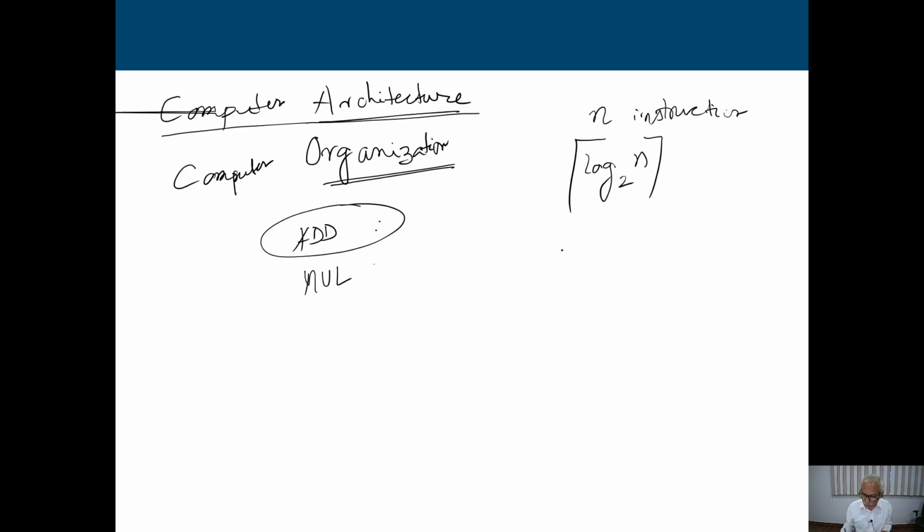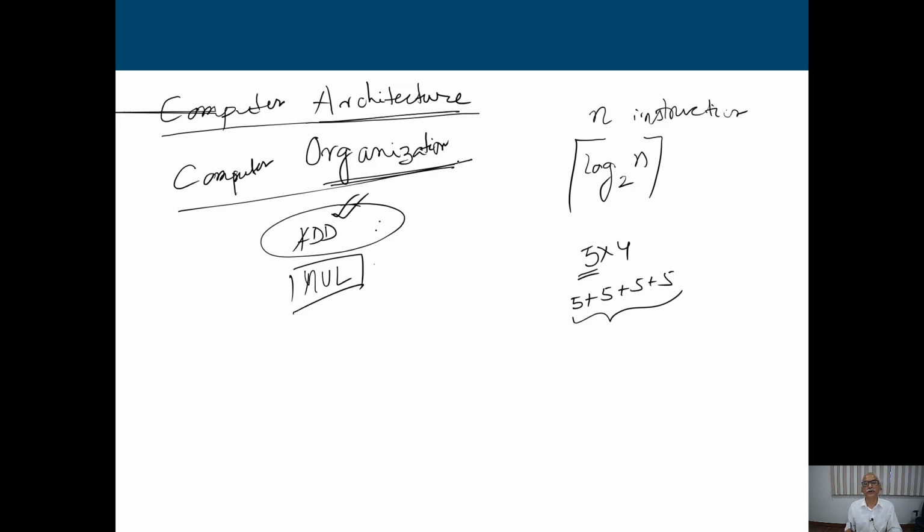So if I am going to multiply 5 into 4, then I can add 5 four times. Basically, my effect will be 5 plus 5 plus 5 plus 5. This is the way I can implement it. So I am not going to put any hardware component for multiplication, but I am going to use the same adder available in my processor to implement multiplication. If we take those decisions, this will come under organization.